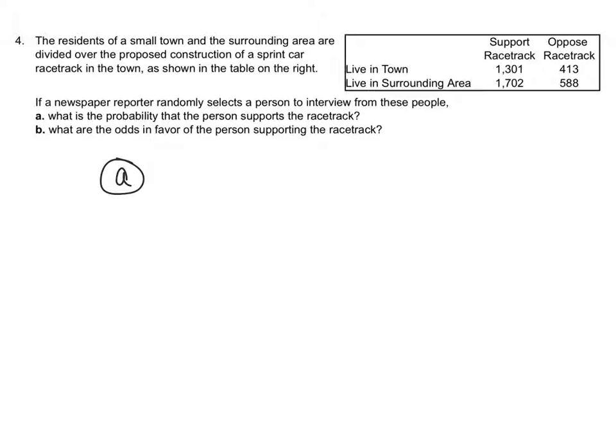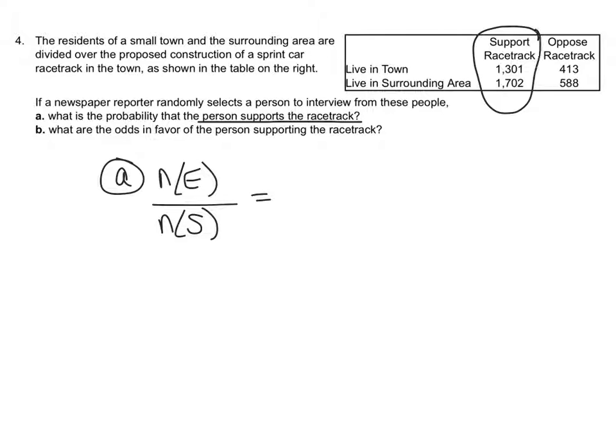So again, probability is the number of times an event occurs over all total outcomes, or the number of all outcomes. The event in this case is that the person supports the racetrack. So we need to find the total number of people that supports the racetrack. In order to do that, if we look at our chart, supports racetrack is the first column. So the total number of people that support the racetrack are